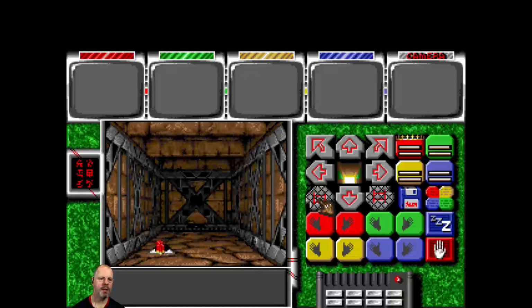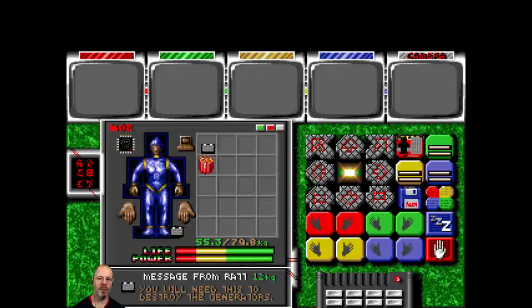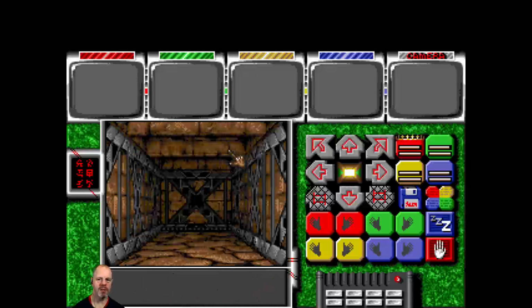Now, real quick, I'm going to pick this stuff up. We've got some explosives, and see, they actually weigh something, which goes against your robots. If they get overweight, they move slower, they don't shoot as well, and so on. And then he says, you will need these to destroy the generators. So right off the bat, you're going to destroy this place. Now,